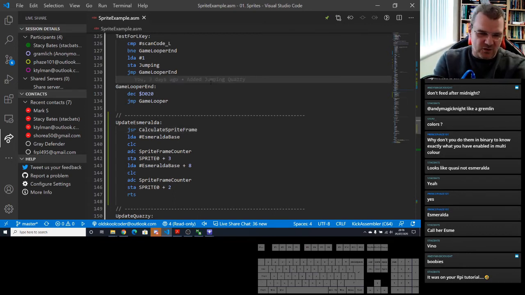So joystick control. Now, joystick is a bit funny because I think joystick 1 is tied in with the keyboard, and joystick 2's not, and that's why most games are in joystick port 2, I think it is. So we're going to use joystick port 2, and we're going to try and make it that we can have Quasi controlled by the keyboard as well as the joystick.